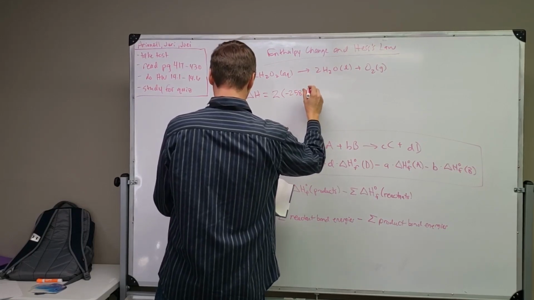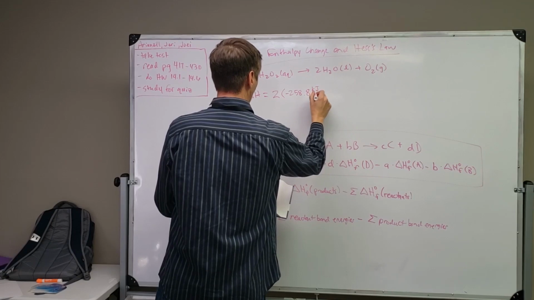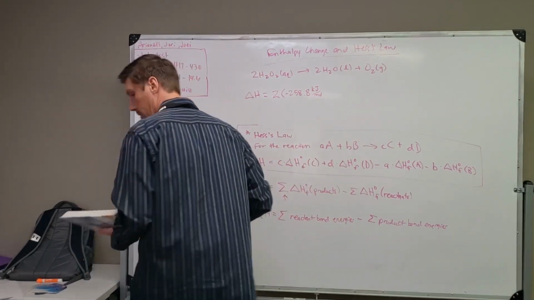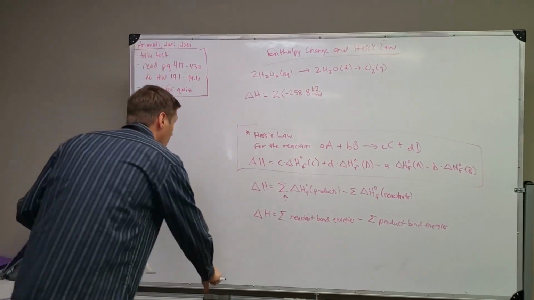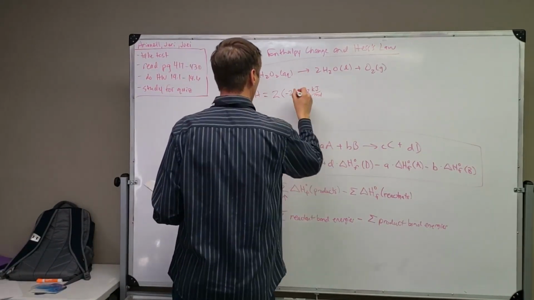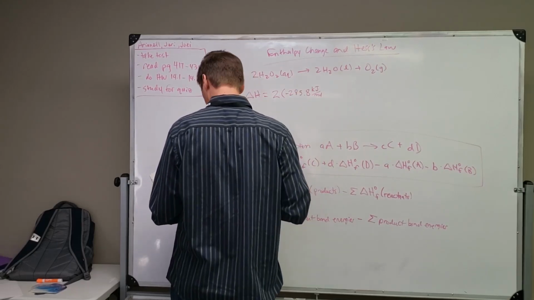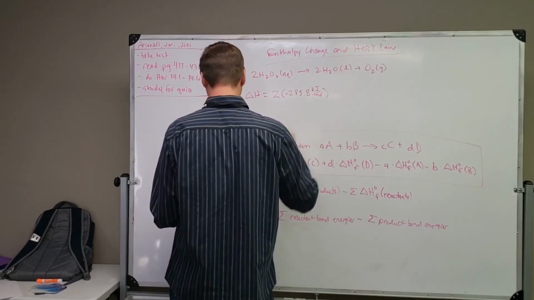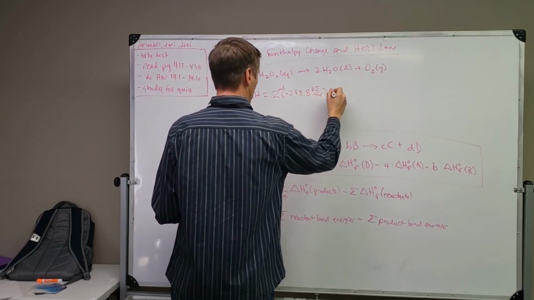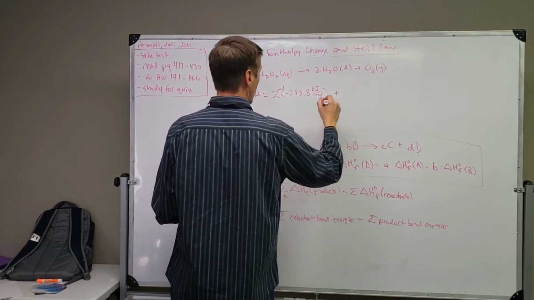258.8 kilojoules per mole. I think it's 285. Oh, it is. You're right. Thank you. 285.8. And this unit is per mole here. That's why our moles are going to cancel out. Plus